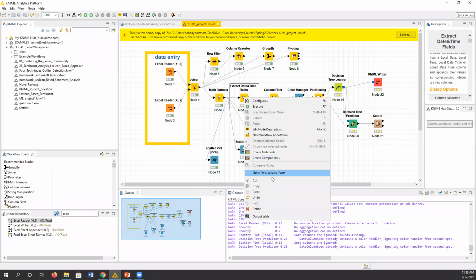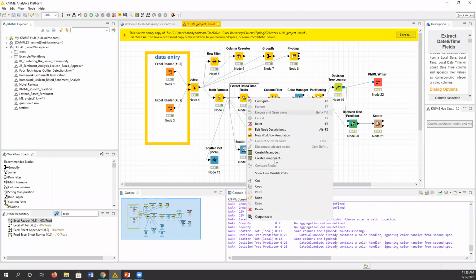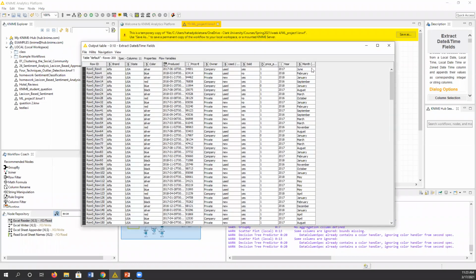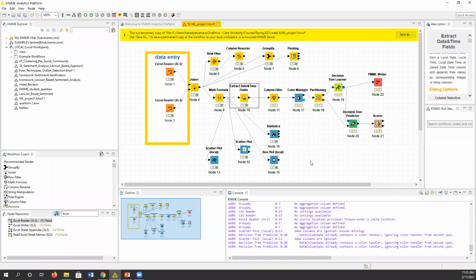Right click, execute, then add to table. Now I have two new columns. One of them is year and the other is month. Okay, having said that,